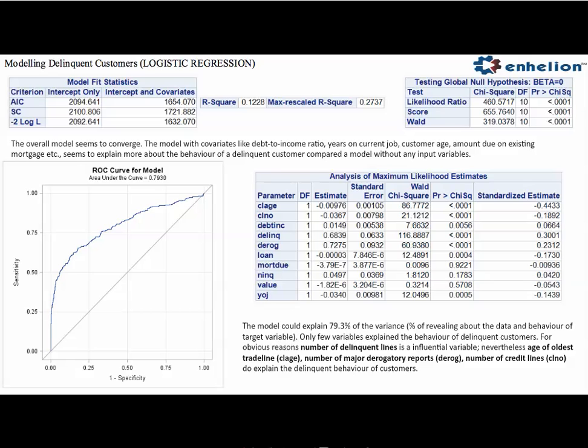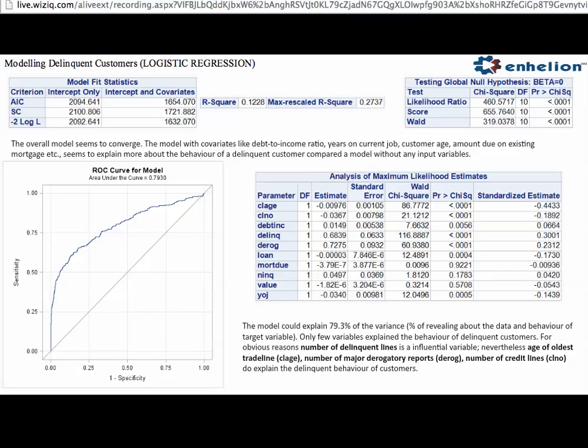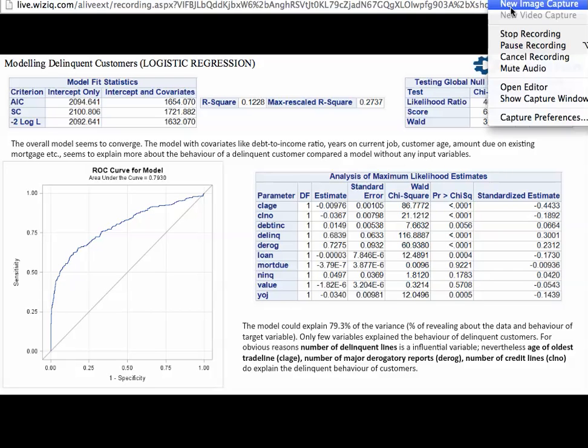Now, moving on. We saw this delinquent to non-delinquent ratio, and we looked at what kind of variables we have used. We would really want to know how these variables